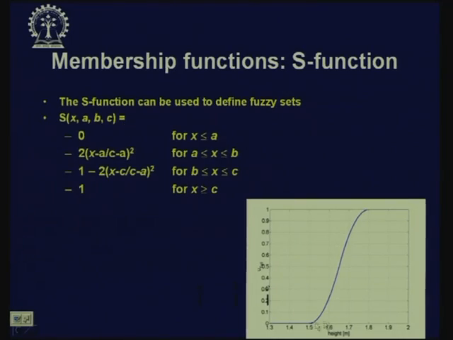So, there are different types of functions. Here is another type of function which is called the S function. So, this curve can also be expressed as, you see, for any x less than a particular value, it will be 0. Between two values, say 2 points a and b, it will be computed by some function. Between two other points, it will be computed by some other function, and after that it is 1. This is one type of profile. So, this profile can be represented as a table or can be represented as this function, which can be computed using a procedure in the computer.